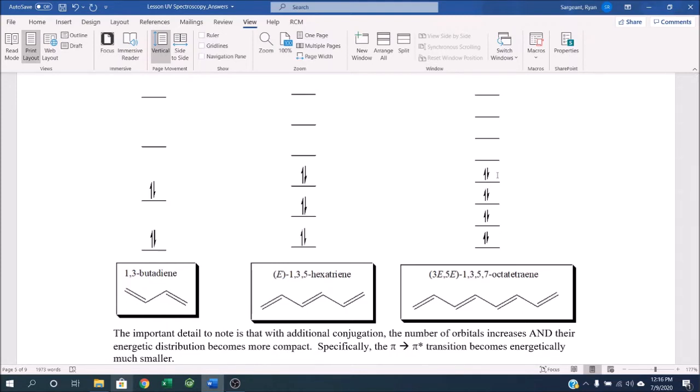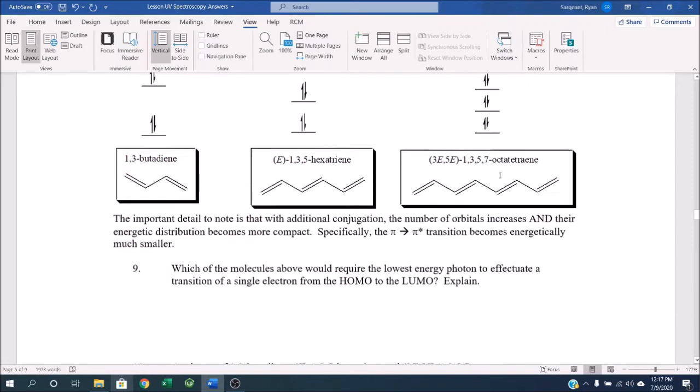Now, reaching back into the earlier ideas from this same lesson, a smaller amount of energy corresponds to a longer wavelength. So the largest gap corresponds to the largest energy transition and the shortest wavelength. The smallest gap corresponds to the smallest energy transition and the longest wavelength. So which of these molecules would require the lowest energy photon to effectuate a transition of a single electron from the HOMO to the LUMO? Well, a larger conjugated system requires less energy. So it would be this